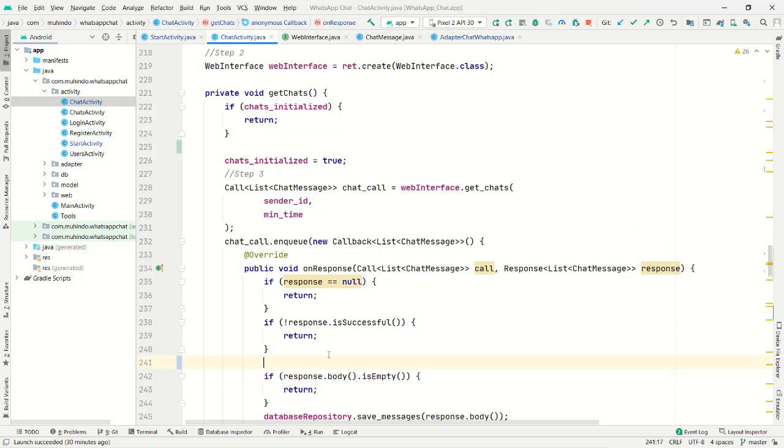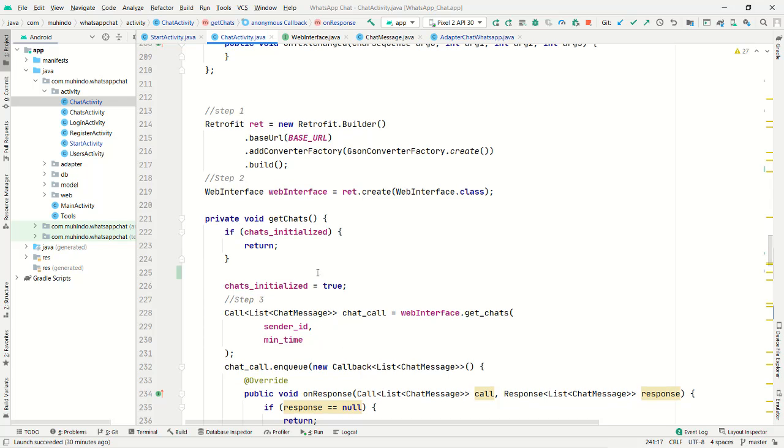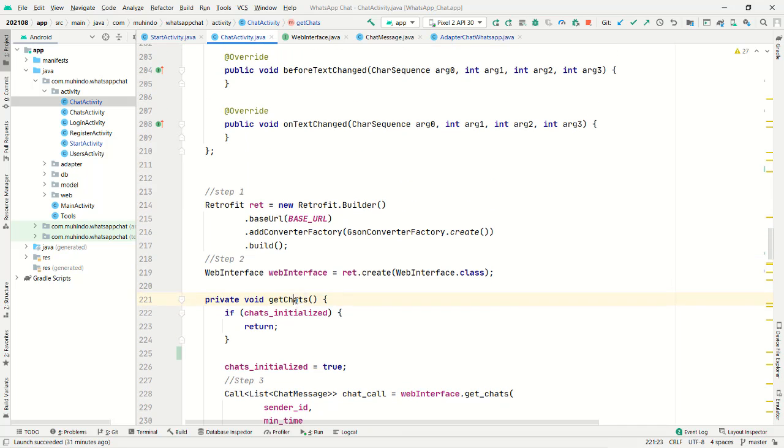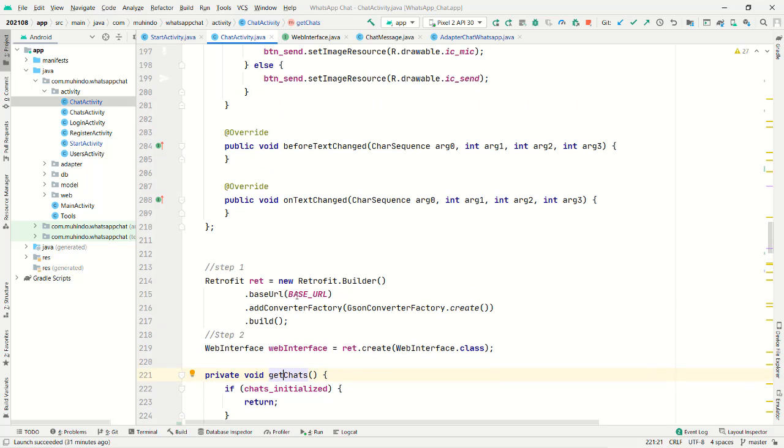So now today we're going to see how we can make those chats live, so that you can get those messages again and again. So how are we going to do that to get those chats live? To get the chats live, what we're going to do is create a